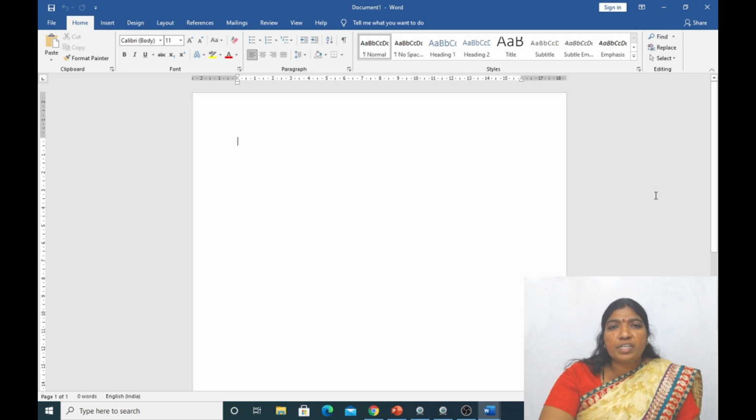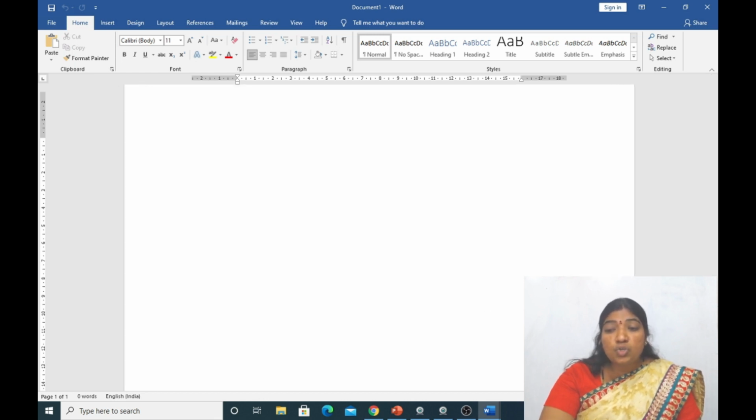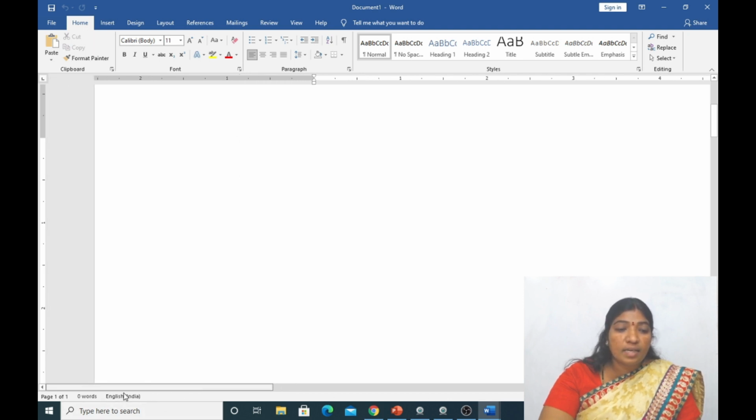What is the use of these? A vertical scroll bar is used to see the content from top to bottom, whereas the horizontal scroll bar is used to see the content from left to right. This is the horizontal scroll bar.